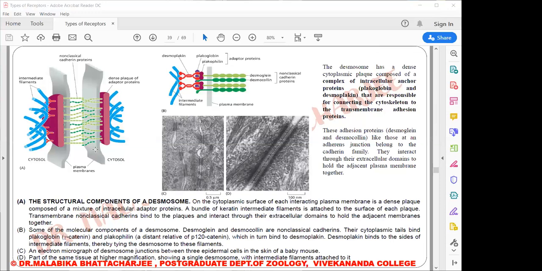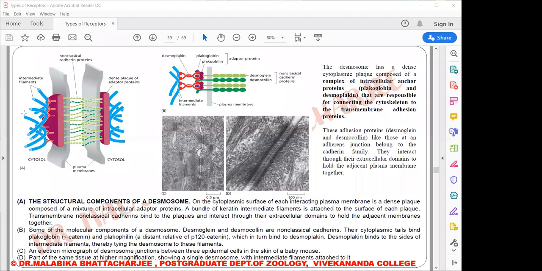So now if we look into the desmosomes as a whole, inside the cells, desmosomes serve as anchoring sites for rope-like filaments. These are the rope-like filaments which form a structural framework of the cytoplasm. These are the intermediate filaments. The particular type of intermediate filaments attached to the desmosomes depends on the cell type. For example, there are keratin filaments in most epithelial cells and desmin filaments in heart muscle cells.